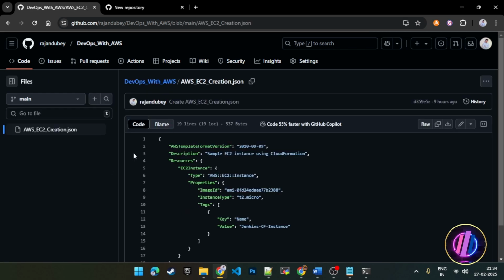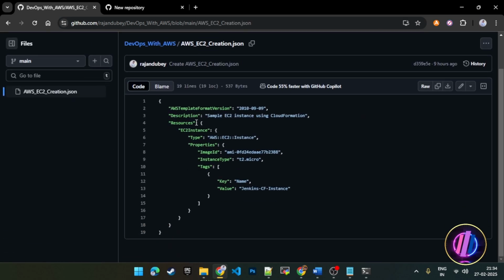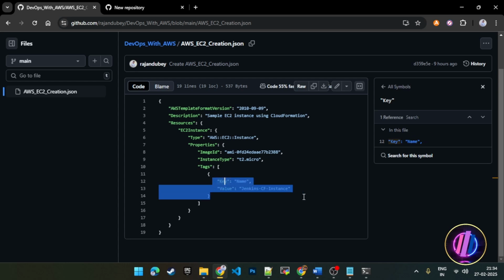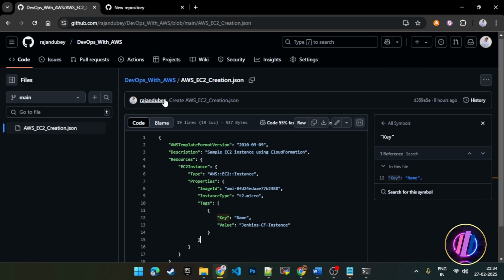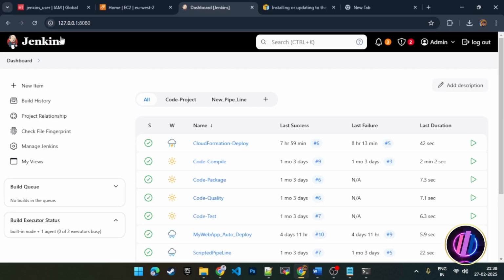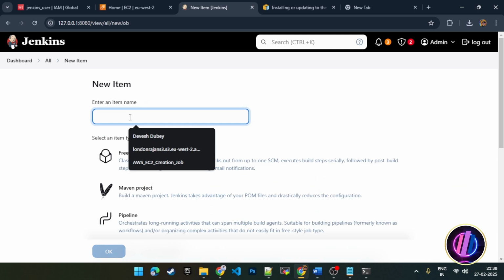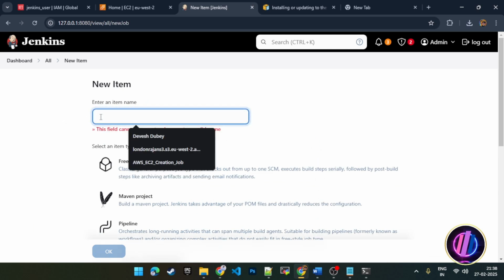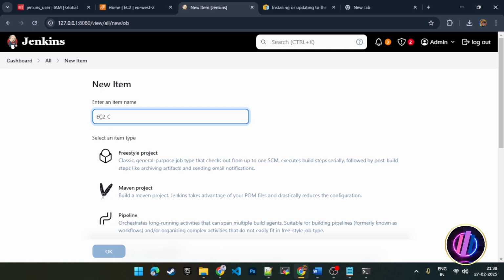I will open the template file, and you can see in this template I'm creating one sample EC2 instance with the image ID and instance type, which I have mentioned as T2 micro, and in tags I have mentioned the name of my EC2 instance. With this information, we will create one EC2 instance. Now, once you set up your repository, we will create the Jenkins pipeline. Log in to Jenkins, click on New Item, give a name like EC2 creation,